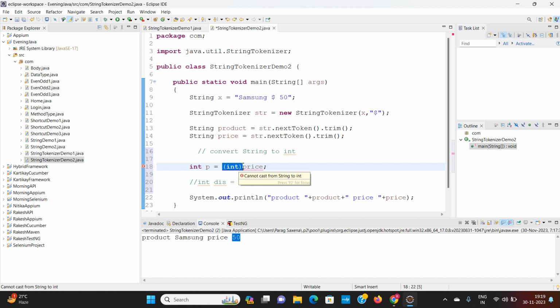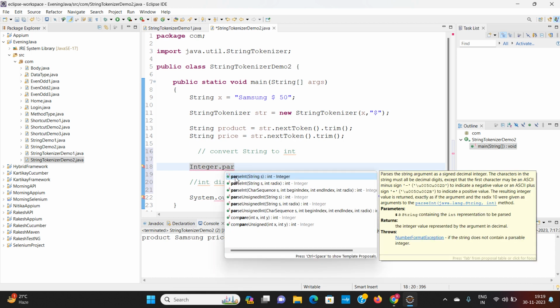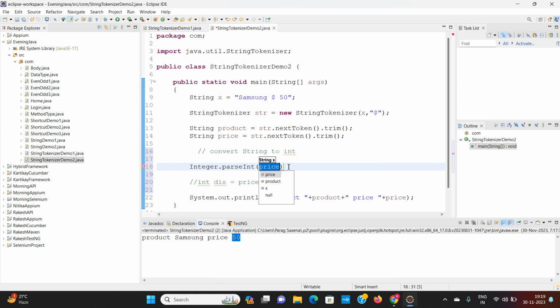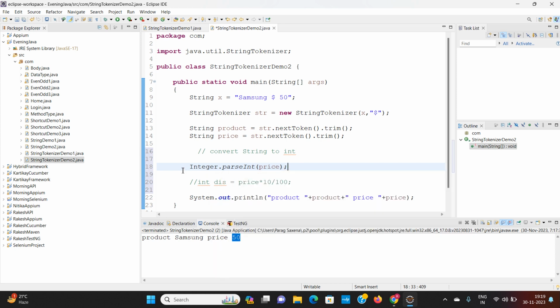Primitive type of data can be typecasted, byte to int, int to byte. In that way we can do. But a string type of data I cannot typecast to the int type. For that again we have to use a wrapper class, like Integer is my wrapper class dot, and the method is parseInt, which is a method taking a string as an input and returning int. So now it will return int type of the data